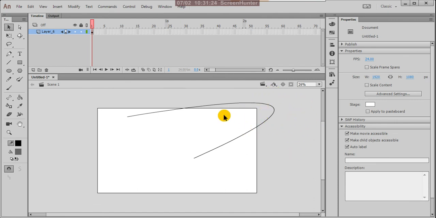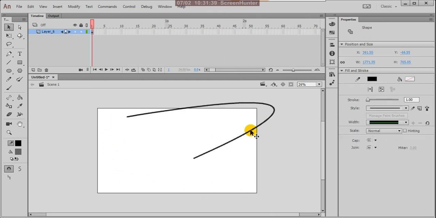After the stage you cannot display your drawings and animations. So only within the stage does it show in the final animation.